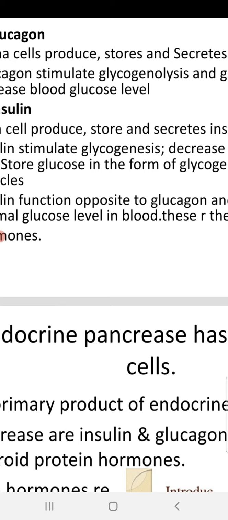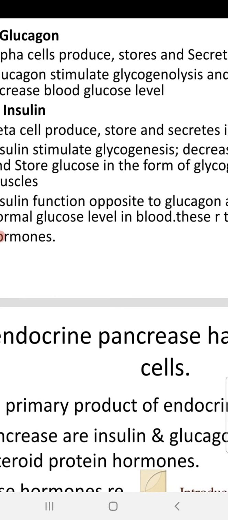When we take food, the digested carbohydrates will be converted into glucose, and that will be absorbed into the blood. That absorbed glucose is useful within a certain range, and whatever extra glucose is present in the blood, with the help of insulin, it will be converted to glycogen